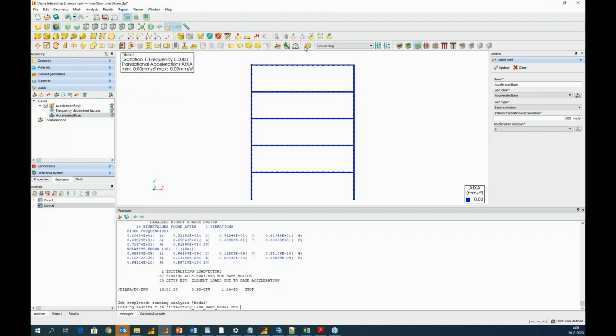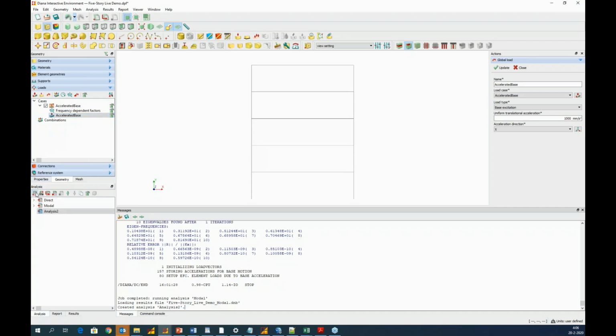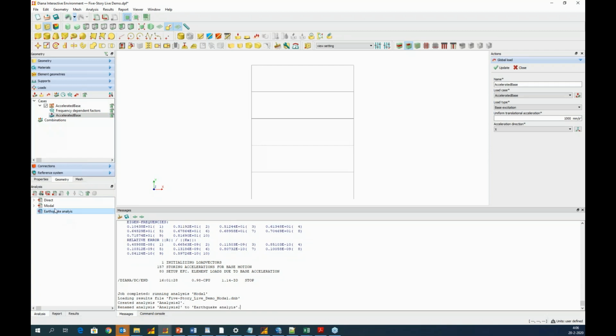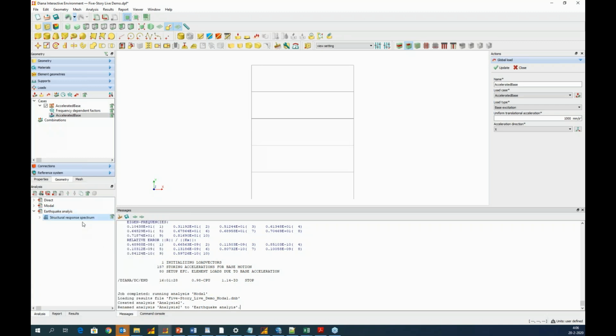To take into account this modification, I need to remesh so that this is transferred to the mesh. And I go to the analysis setup, and I define a third analysis that I'm going to call earthquake analysis. And I add a structural response spectrum.